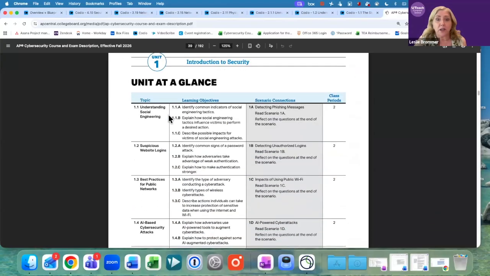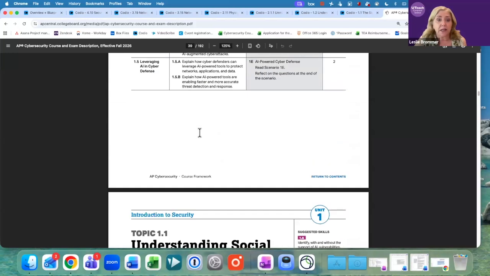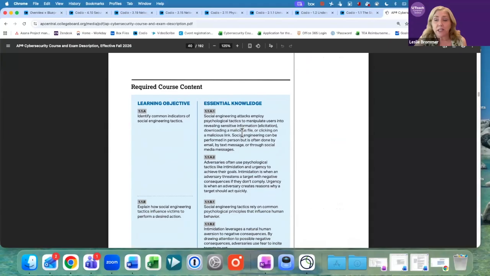And then you'll see a unit at a glance where you've got a topic, a learning objective, and then it shows you the scenarios. Then you have your essential knowledge statements. For each assignment, I tell you what topic I'm addressing, and what learning objective the students are to be able to do. That's what they do.